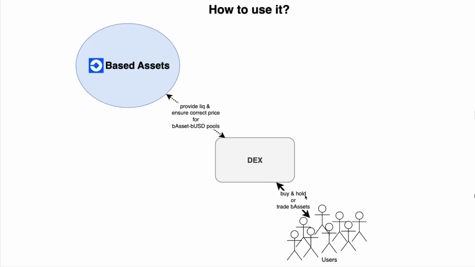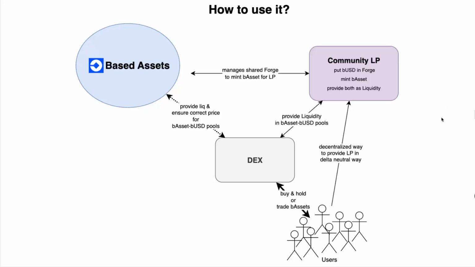There's only one additional thing that I think end users will also care about or maybe use, and that's liquidity providing. And for liquidity providing, you have on the one hand the option to buy the asset and then put it in as liquidity. Then you have a long position on that asset. But maybe the most actively traded assets are the ones that you don't want to hold. So you just want to profit from commissions, right? And for that,